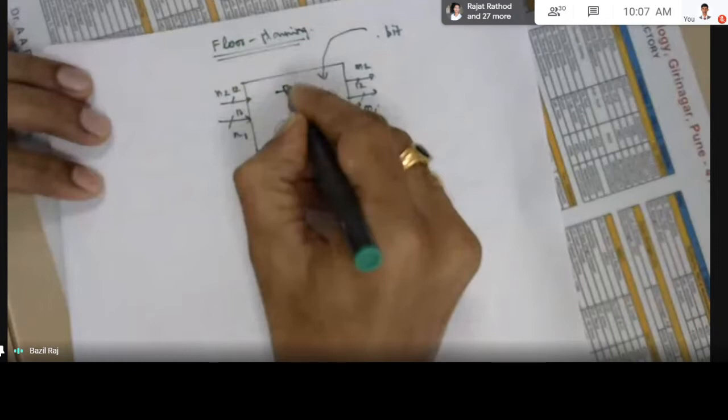Why do we need it? How do we do it? That is our question, right? Why do we need manual routing? That is the question now. Manual floor planning, right? This is called floor planning. The tool will do the optimum floor planning, but sometimes we need manual floor planning also. Why do we do it? How do we do it? That is the question raised by this person now.